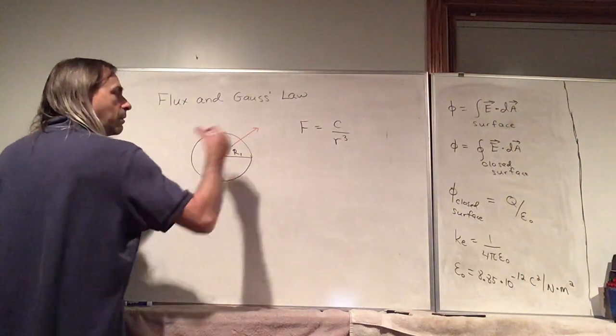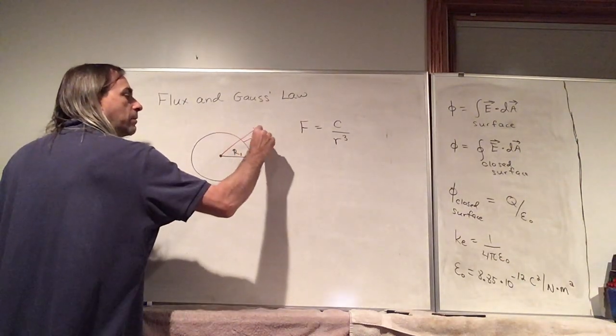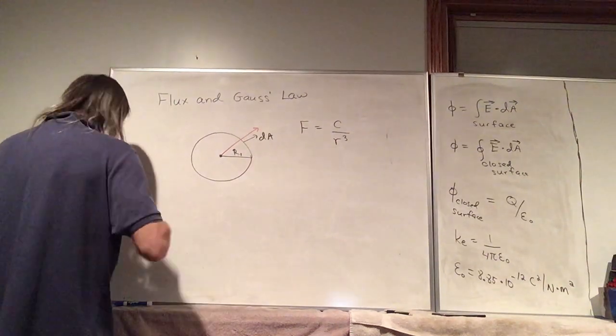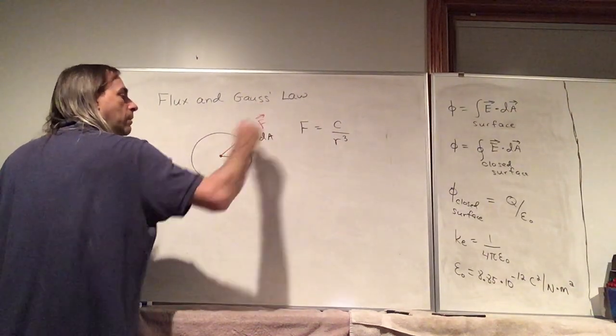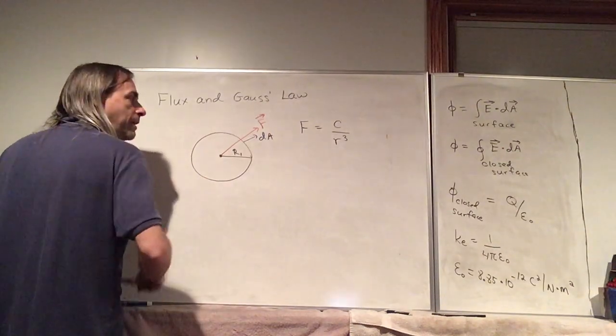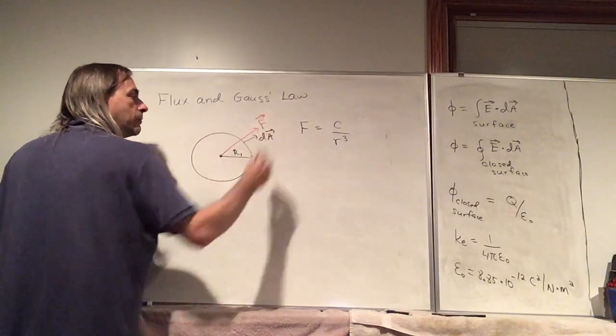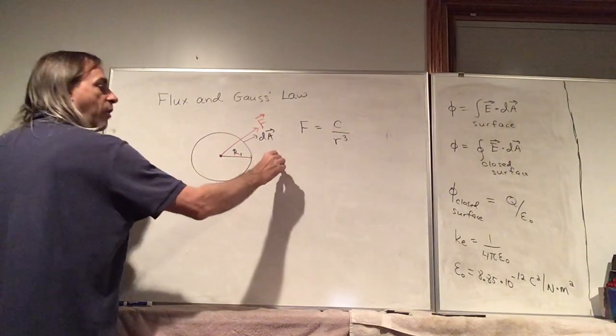And our dA would be, so far the argument is just the same. Here's our vector field F. Here's this area dA. And the flux then